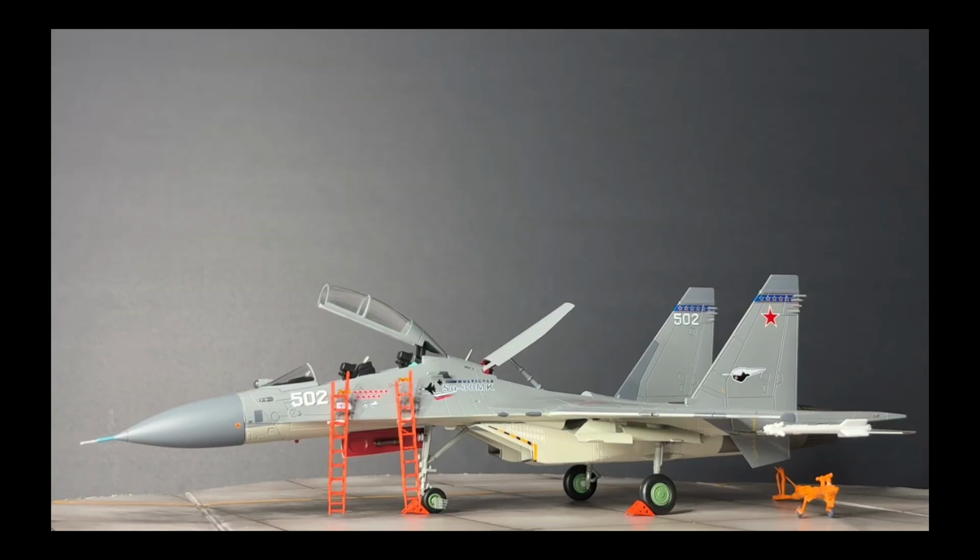Following Russia's recovery from the financial turmoil of the 1990s, one particular derivative began to rise above the rest in prominence. The two-seater Su-30, originally conceived in the Soviet Union in the 1980s as a two-seater variant of the Su-27, emerged in 1996 as a multi-role fighter that would go on to define modern Russian air power. It might not boast the flashy presentation of specialty designs like the Su-34 bomber or the super maneuverable Su-35, which has become